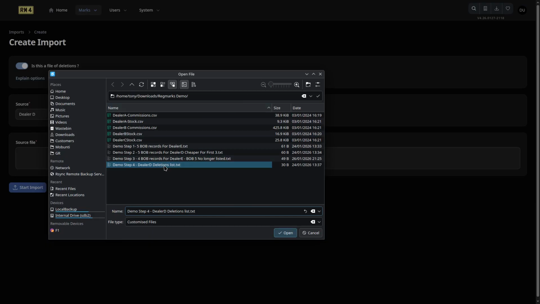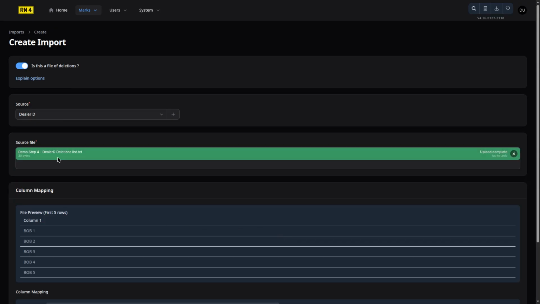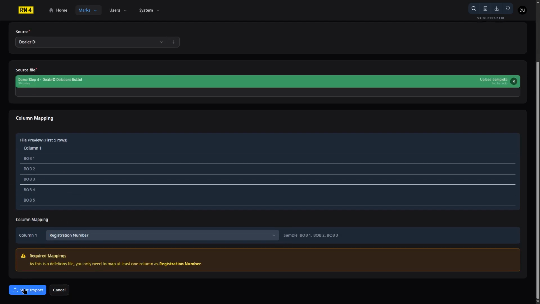So if we pull in dealer D's deletions list, we're actually receiving all 5, but 4 isn't related to dealer D anyway, so that won't have any effect, and Bob 5 is already flagged as sold. So if we start the import,